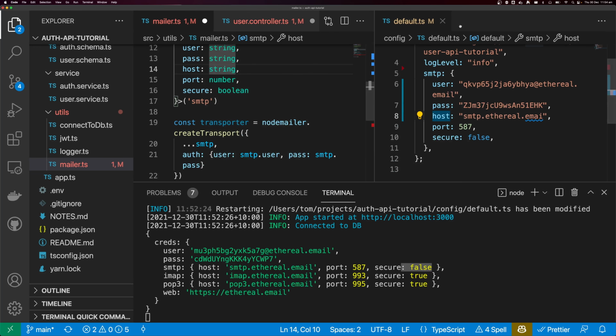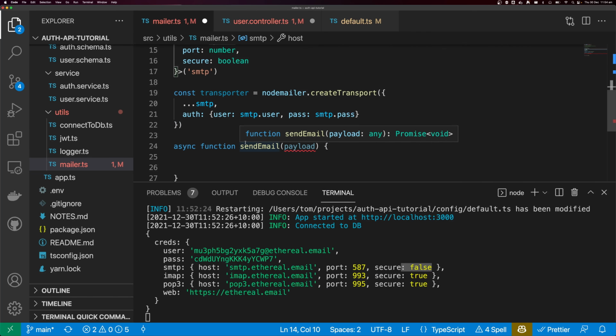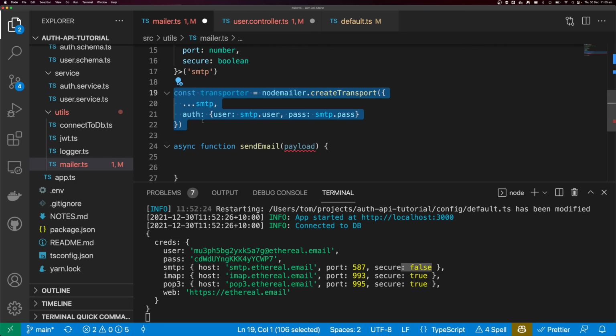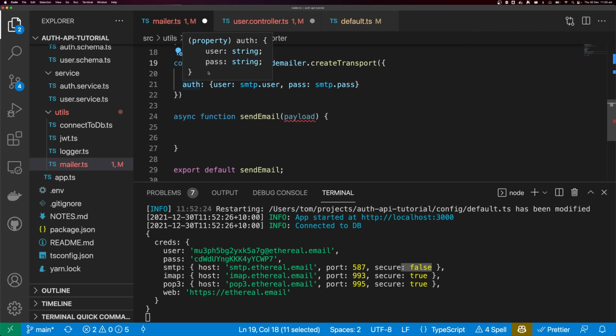So you could create this transporter inside of the sendEmail function if you like, but I wouldn't recommend doing that because every time you execute this function, it's going to create a new transporter, where we just want to create a new transporter when the application starts up, and then we can use that transporter for as long as the application lives. Now we can call